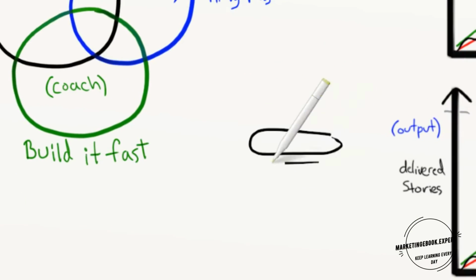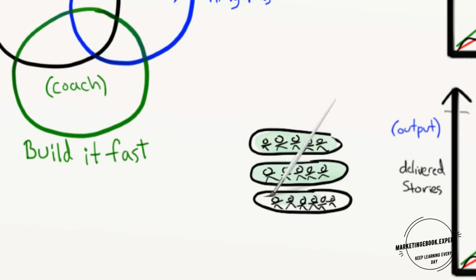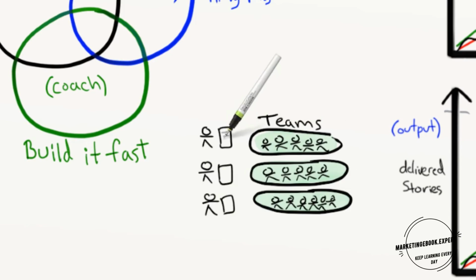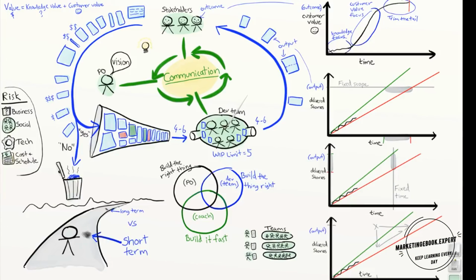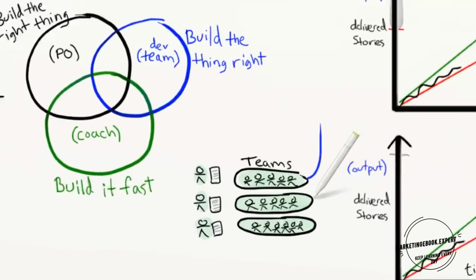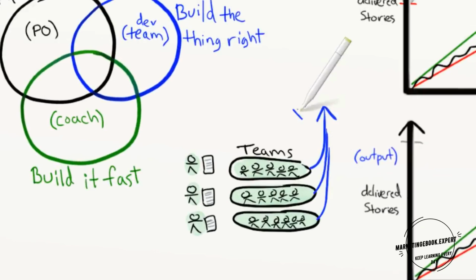Okay, what if we have a larger project with multiple teams, and we have several product owners, each with their own backlog for a different part of the product? Overall, the model is really the same. We still need capacity management, we still need stakeholder communication, we still need product owners who can say no, we still need backlog grooming, we still need a short feedback loop, etc. Velocity is really the sum of all output, so that can be used for forecasting. Or make a separate forecast for each team, if that makes more sense.